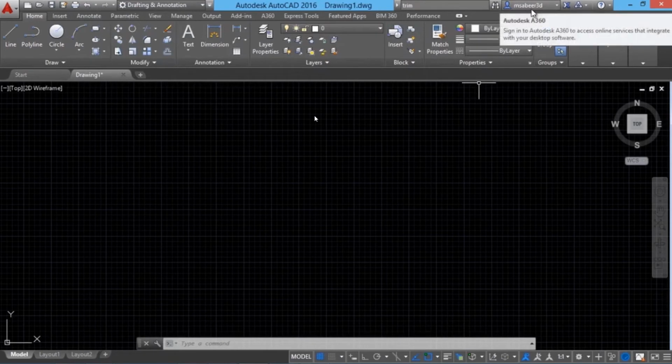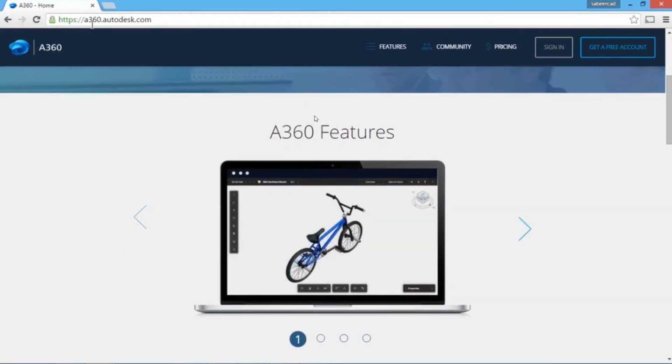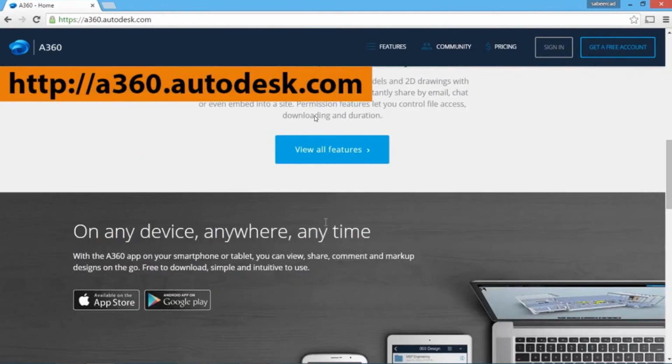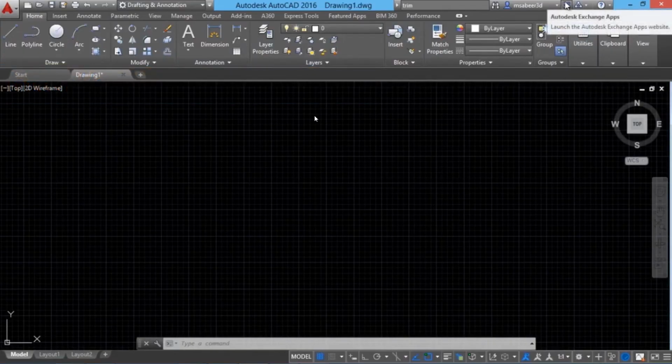And over here, I have already logged in to my user account in A360 Cloud Storage. And if you want, you can just register your user account in a360.autodesk.com. You can get a free account from the site. You can also install Autodesk 360 app in your Android and Apple devices. When you click on this button, you can install apps that will work inside AutoCAD software. And when you click on this button, you can stay connected with the Autodesk community to exchange informations. And when you click over here, you will get access to the complete help system in AutoCAD in a systematic manner.